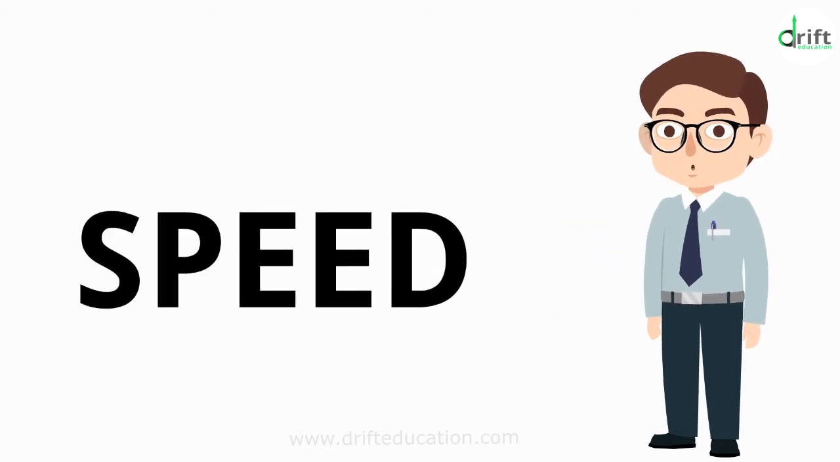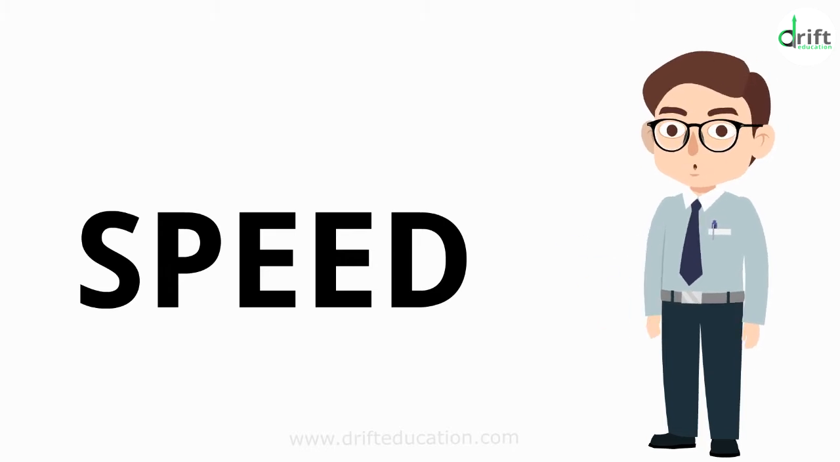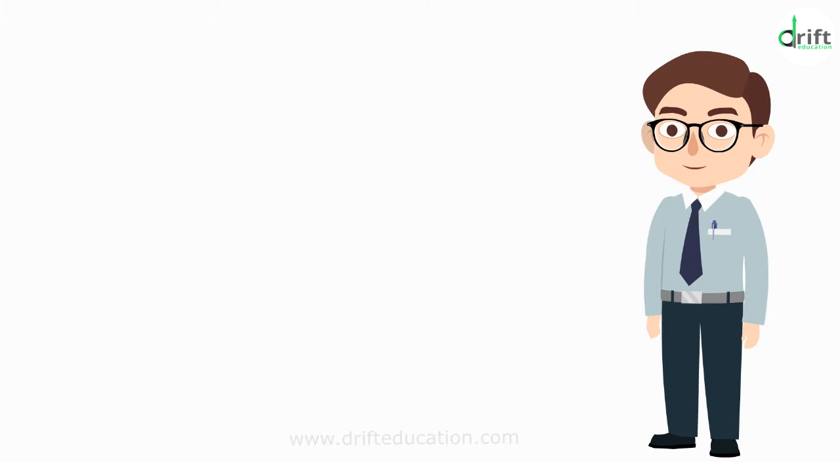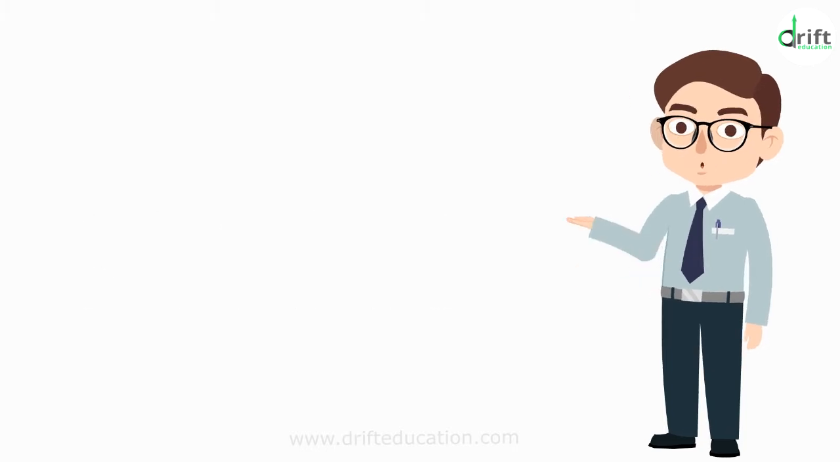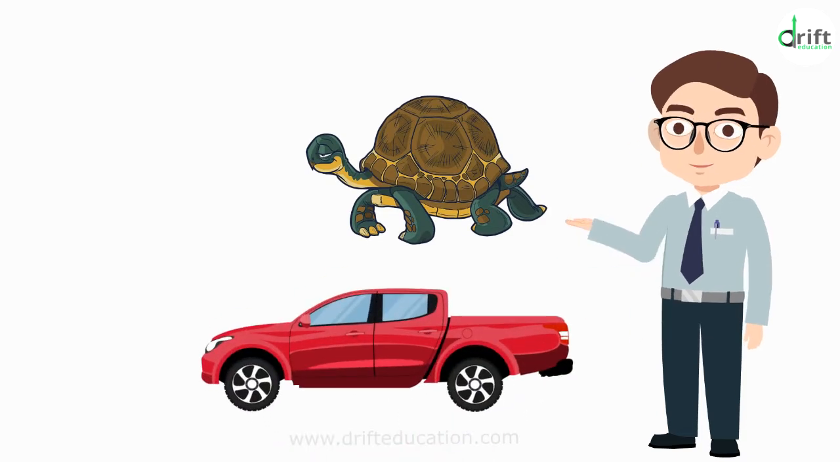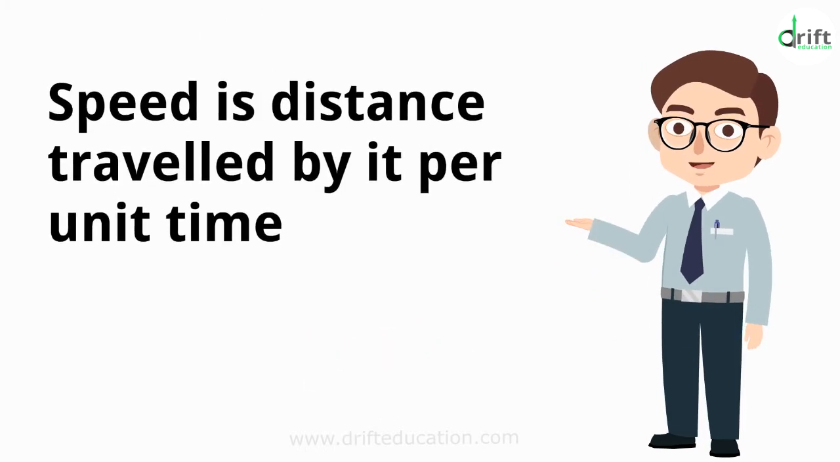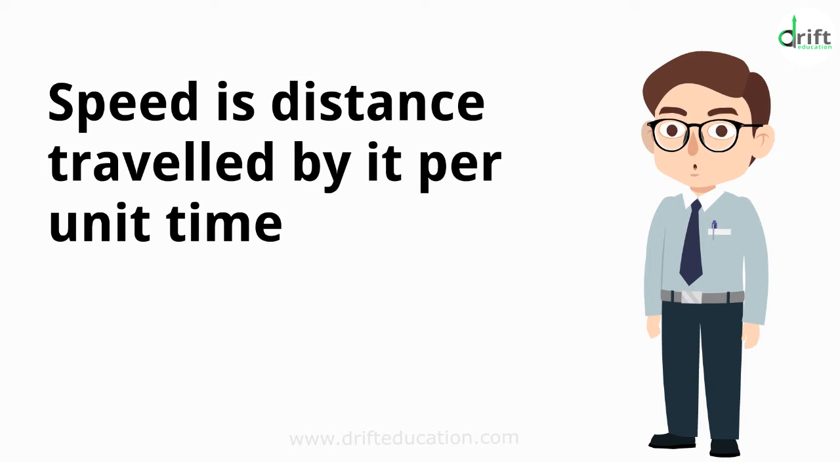We use this term very often in our day-to-day life, don't we? Let's understand what we actually mean when we use this term. The speed of a body gives us an idea of how slow or fast a body is moving. We define the speed of a body as the distance traveled by it per unit time. Thus, the speed of a body can be calculated by dividing the distance traveled by the time taken to travel